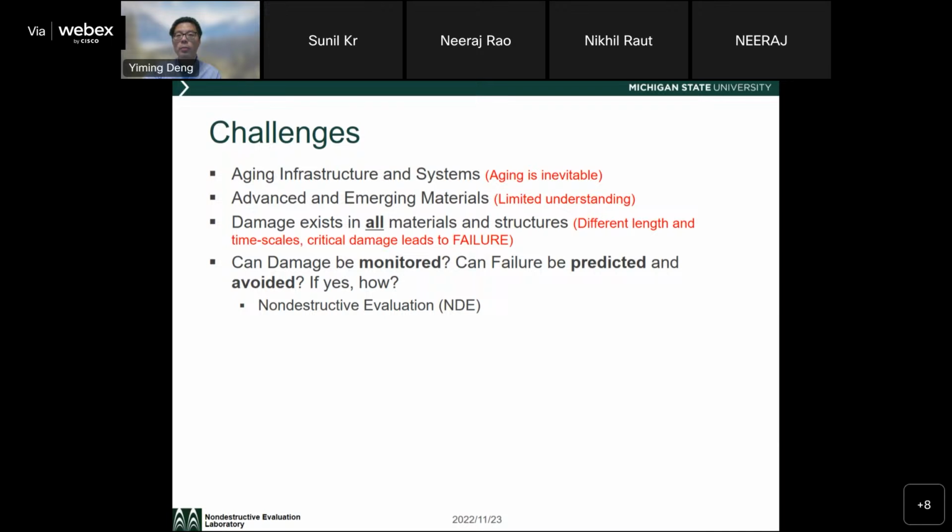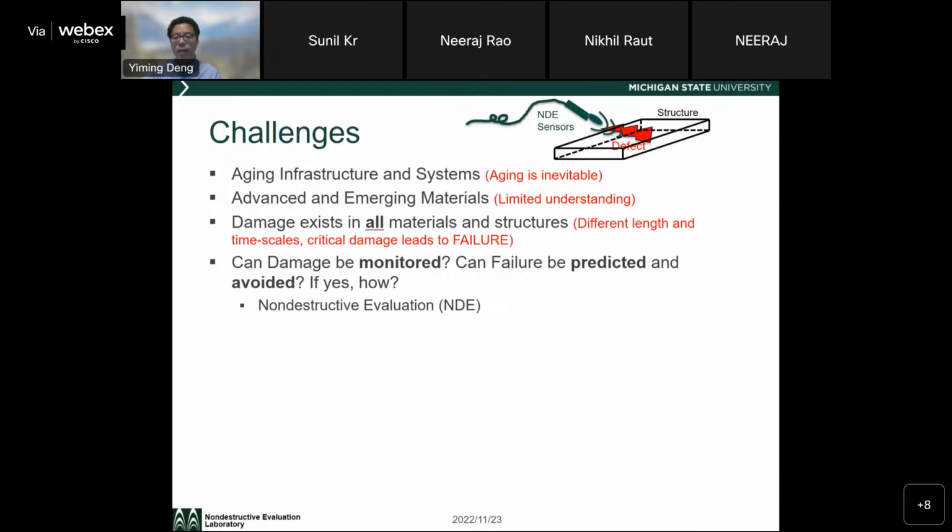NDE is a solution that helps us get information throughout this process. It helps us understand the concept of damage tolerance for complex materials and systems. You've learned this in the five-day lecture offered by Professor Utpal, that all the problems seen there can be simplified using this simple schematic here. You have some type of NDE sensor. You have a structure or materials or sometimes a complex system in front of you,